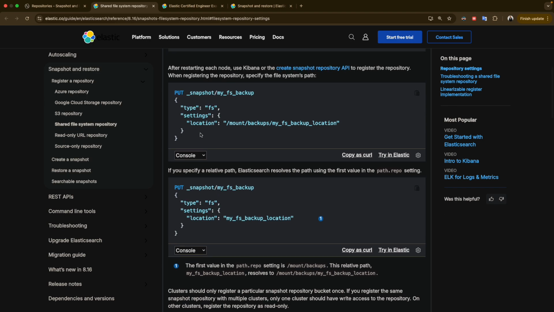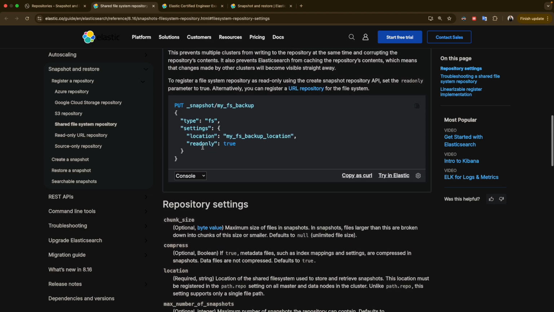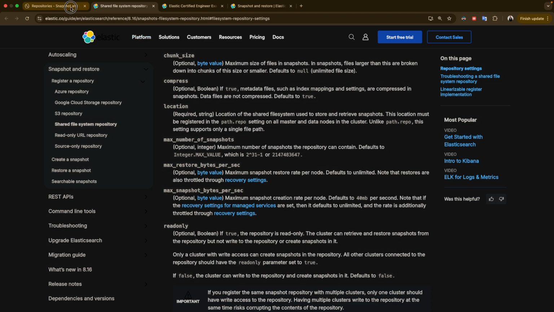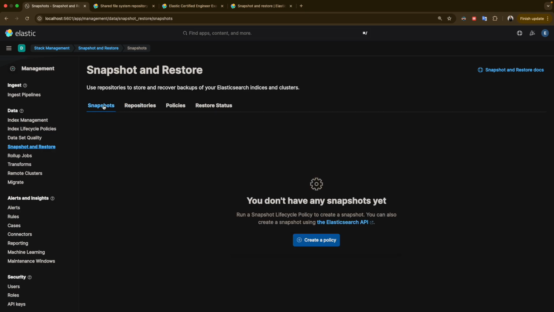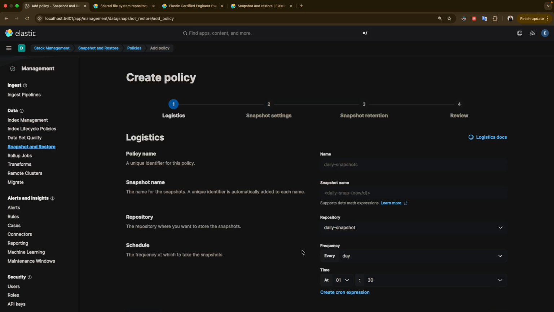Like the configuration of the snapshot repository, we did it from the UI. You can do it as well from the API, as you can see here, right? So now let's go to our snapshot. Let's create a policy, right? And say daily